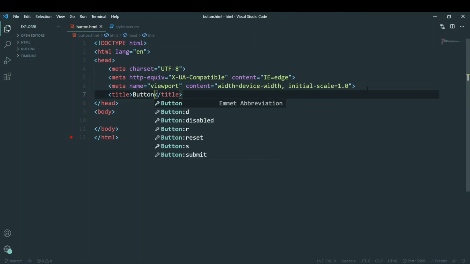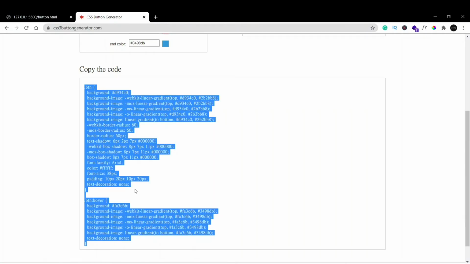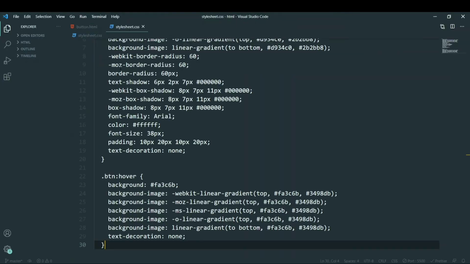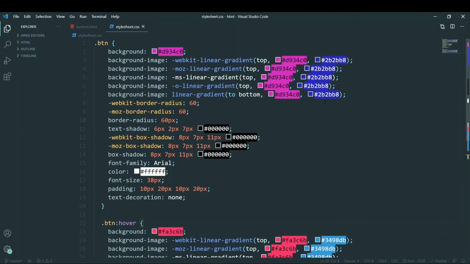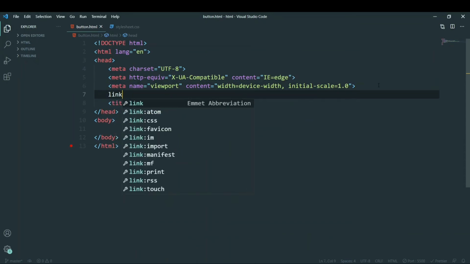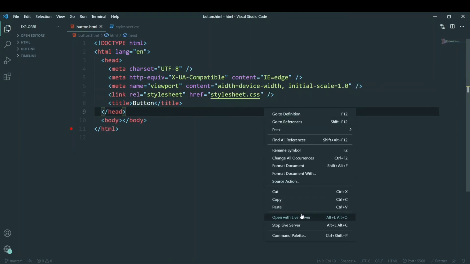Now we are applying all the changes that are there from the style sheet. Whatever code we have copied from here, we're going to paste it into our style sheet. So let's paste it here. Now, if you learn CSS, you know that a dot means we are using a class. Okay, and before using CSS, we need to link it. So inside this head tag, we'll link our CSS after the meta tags, stylesheet.css. Now I have linked it. Let's open it in live server.